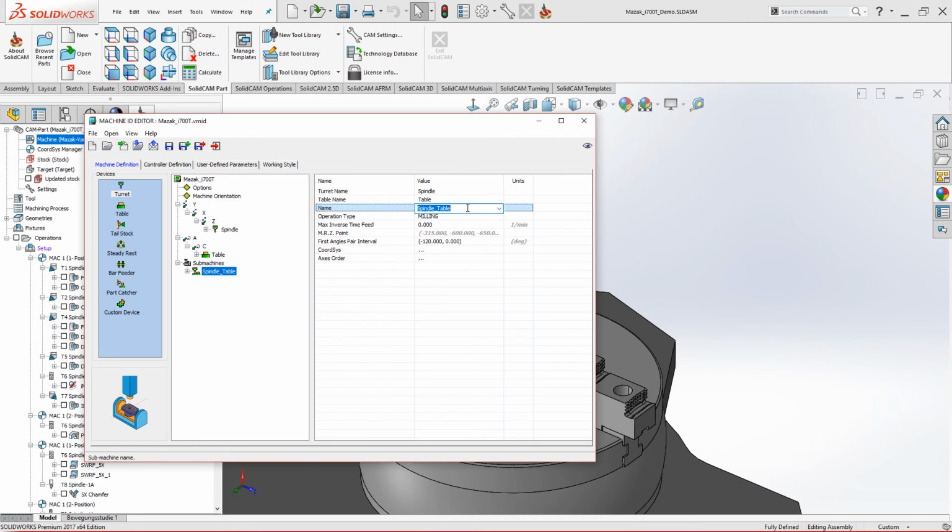Then we have the name, so I can put any name over here, such as 5-axis or anything. The submachine name will be changed. Over here now we have operation type. It's very useful for the advanced milling machines because then per submachine we can change the operation type that this particular submachine can prefer. What that means? That means if I have a complex advanced milling machine, for some submachines I can say that it's only capable